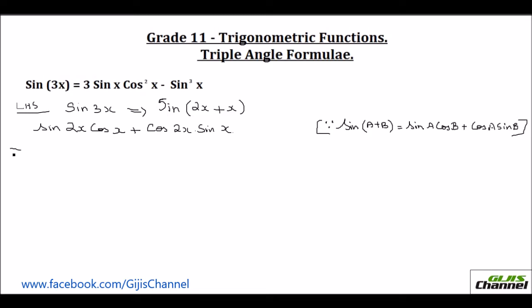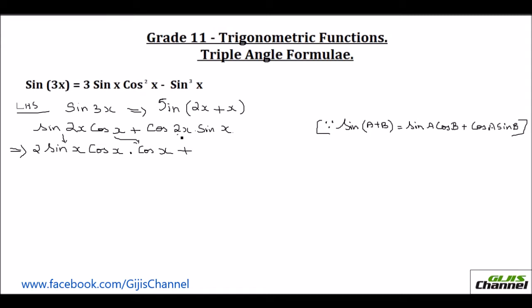This again I am going to change the sine 2x. We know what sine 2x is, right? Sine 2x is 2 sine x cos x. I am making it into a single angle formula, okay? So sine 2x is equal to this. I am writing it as 2 sine x cos x, and you already have a cos x here, right? That let me write cos x plus,